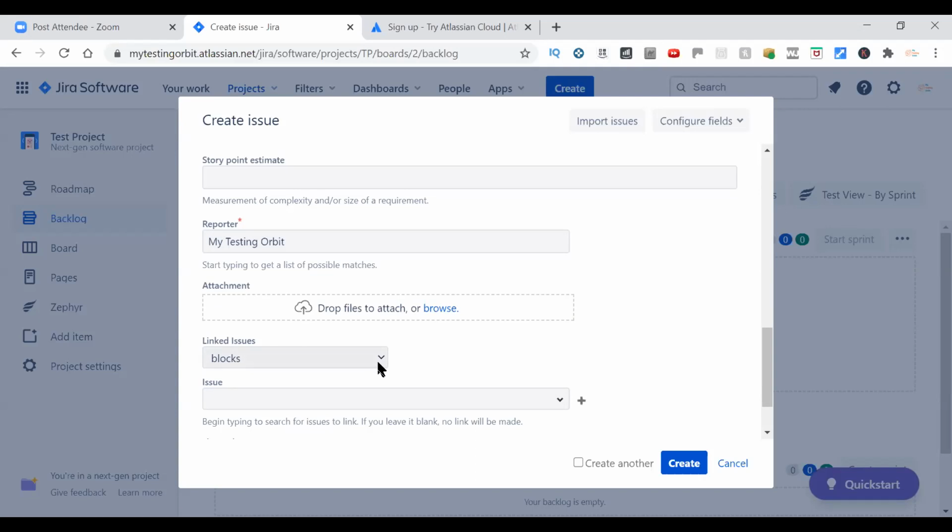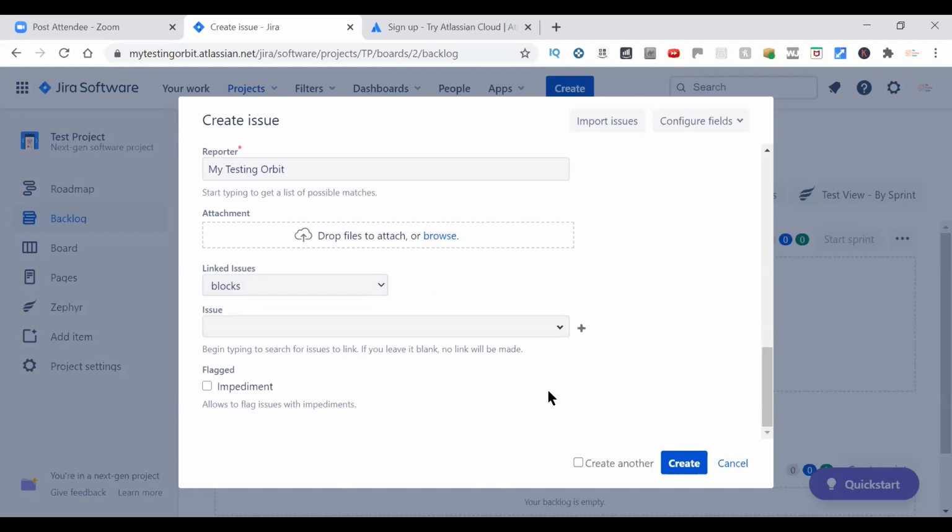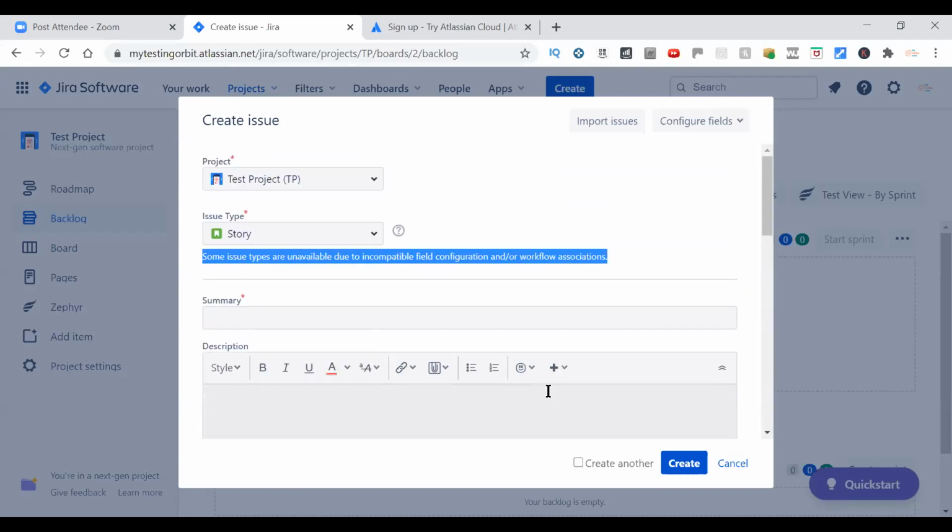So let's say if there is an issue which blocks us from working on this user story, we can specify that as well. There are a lot of things which we can specify over here for creating our issue. So there are different issue types, and whatever we discussed as the key concepts, what is the issue, what is the issue type, when we will